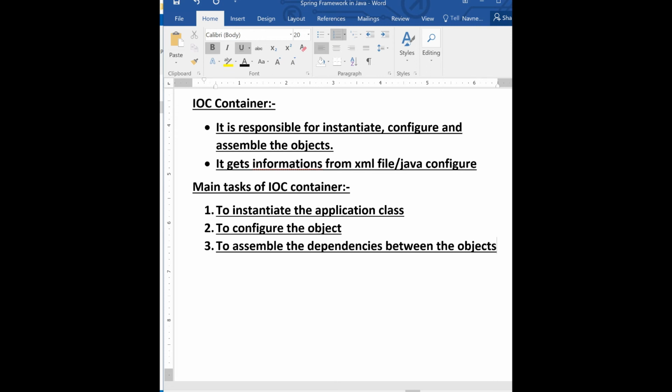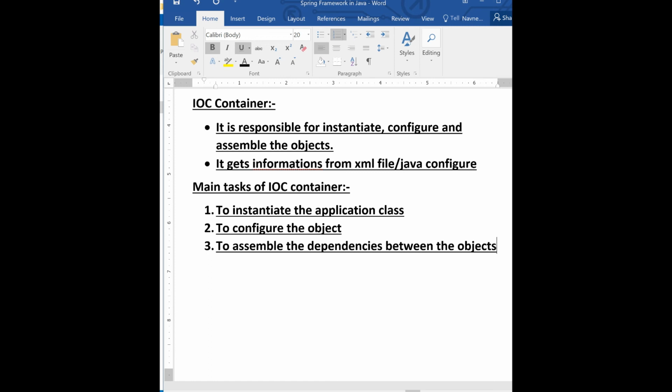So what have we learned? We have learned that the IOC container is responsible for the creation, assembly and configuration of the object, and it will provide the assembled object from the container to the application.